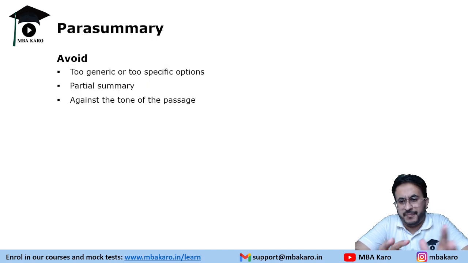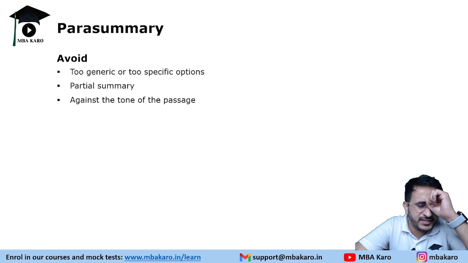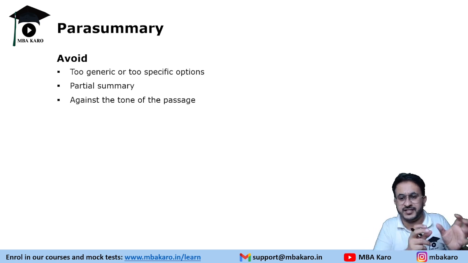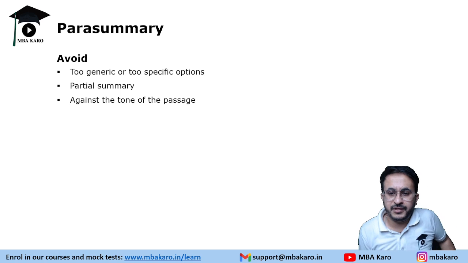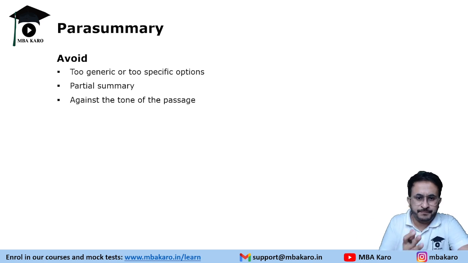Now, if we talk about the para summary part, the key is, you will be given a passage and a summary. Generally, in para summary, you need to avoid wrong options. That is the way to solve para summary questions. So, what will the wrong options look like? Usually, they will be too generic or too specific, right? Either they will give just that example part, or they will be too broad. So, too narrow, too broad, you need to avoid.